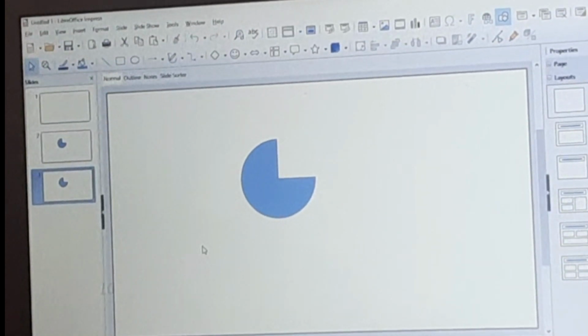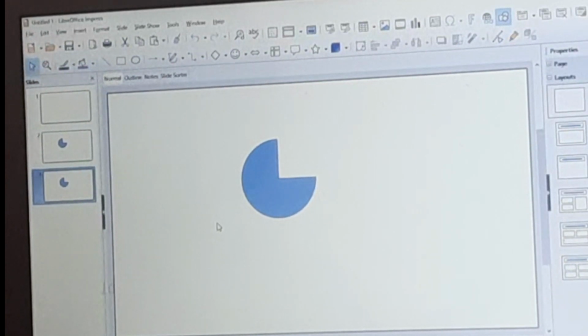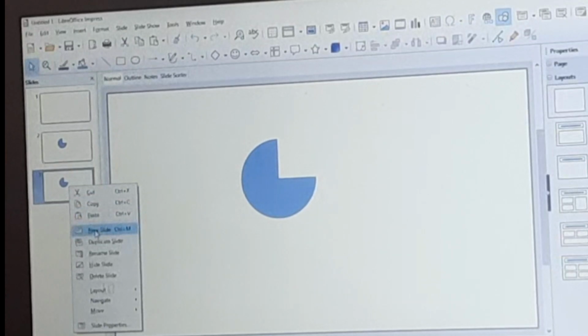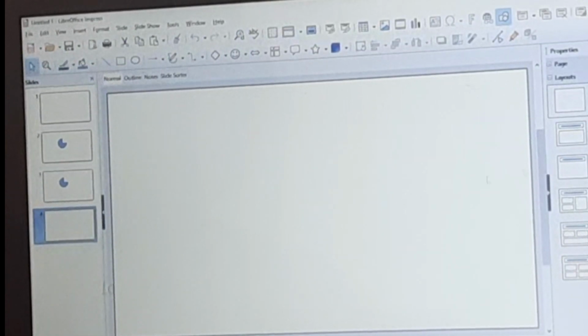Next we are going to learn copying, moving and deleting slide contents. For that I am going to add a new slide, select one slide layout, then type some text also.